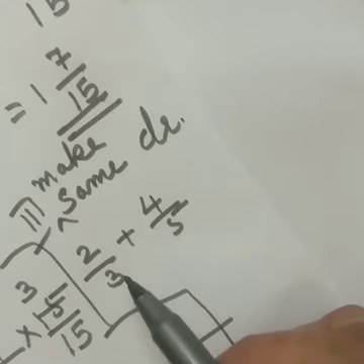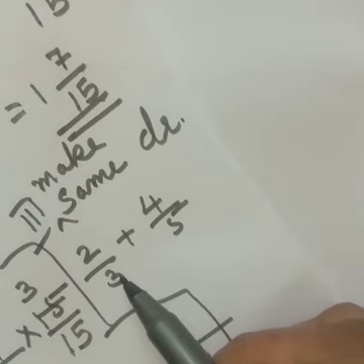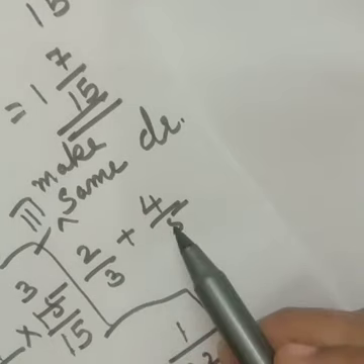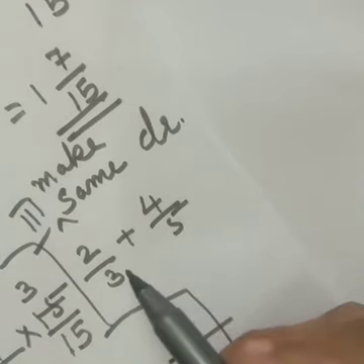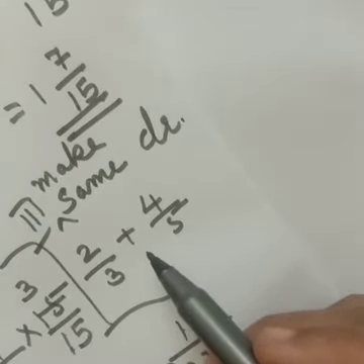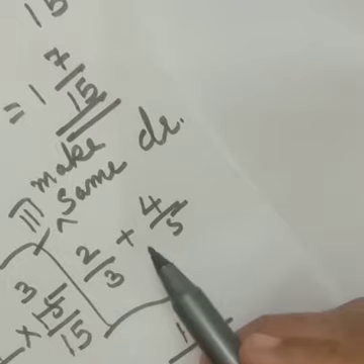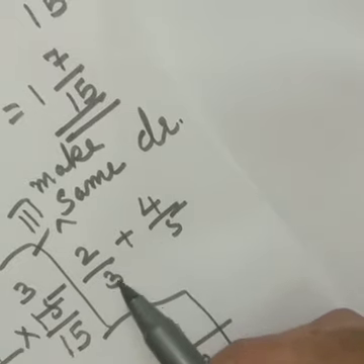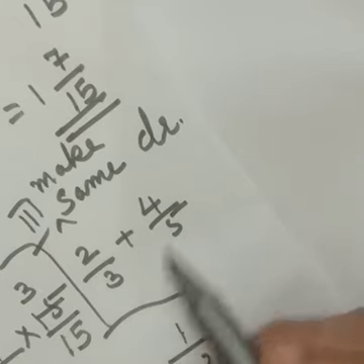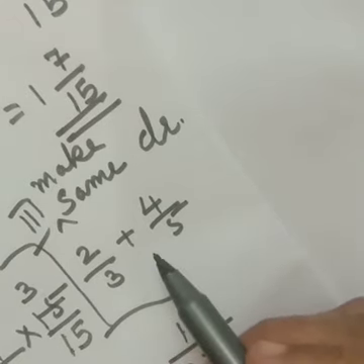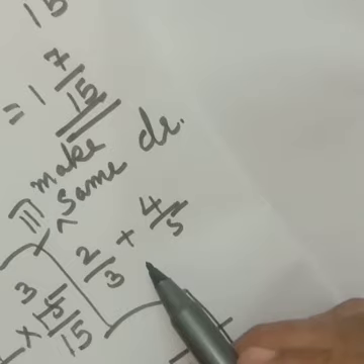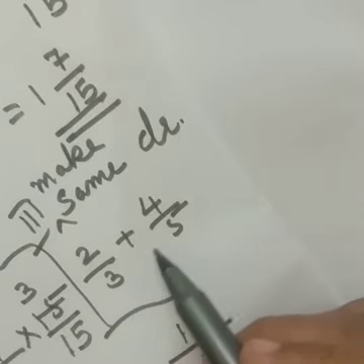Then which other number is coming? 30 is also coming. In the 3 table 30, 6 5s are 30. But the first number coming is 15 only. 30 you can also take. This is called the common multiples method. Common multiple method: any common multiple you can take. 3 and 5, which is common? 15 common, 30 common, then 60 common. Any one of the common numbers you can take.